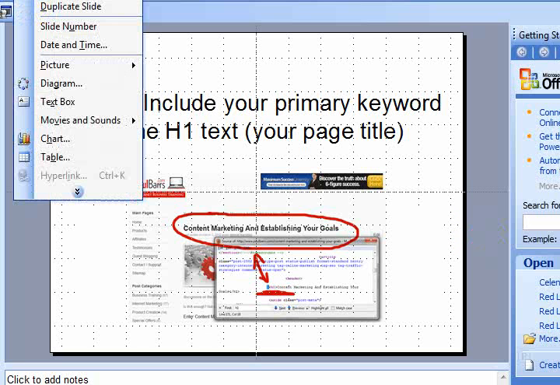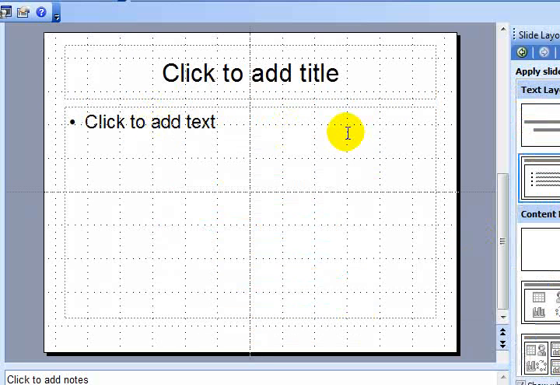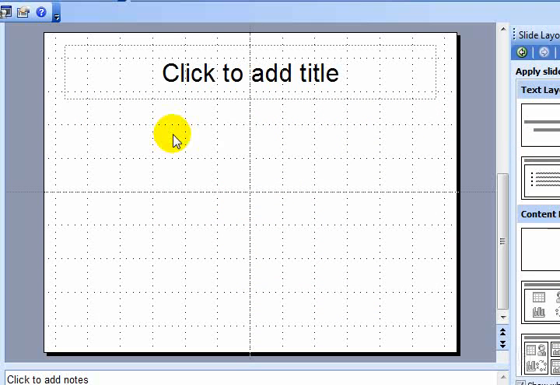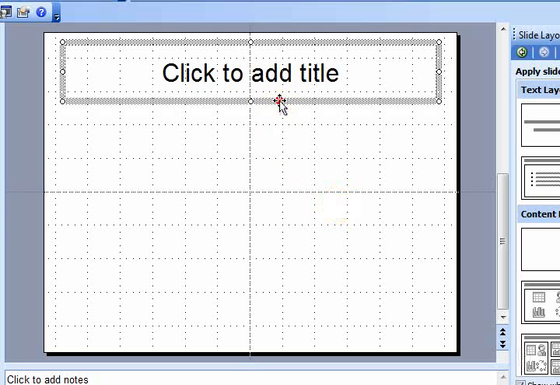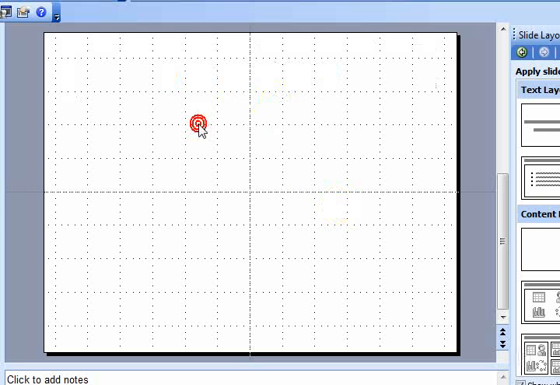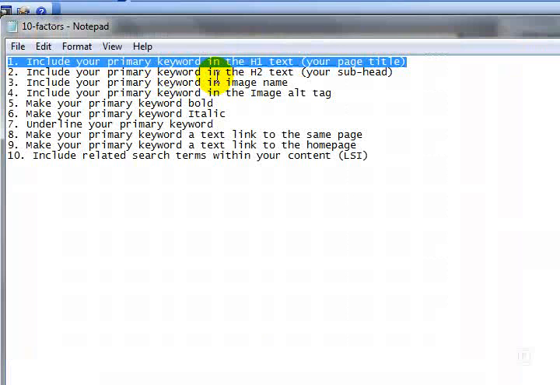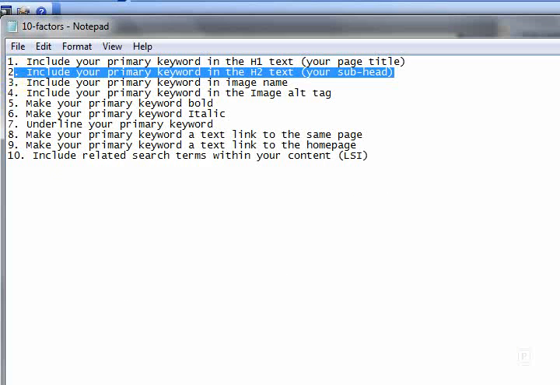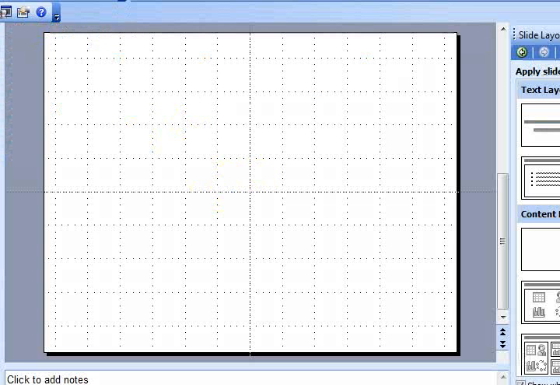Let me just insert a blank slide. Here we go. I've done that now. That's just using the insert feature, and over the side here I've got different formats and layouts and so on. If I do that, now that's one way to do it. The other way to do it, other than just having to copy and paste or type your text and so on straight into here